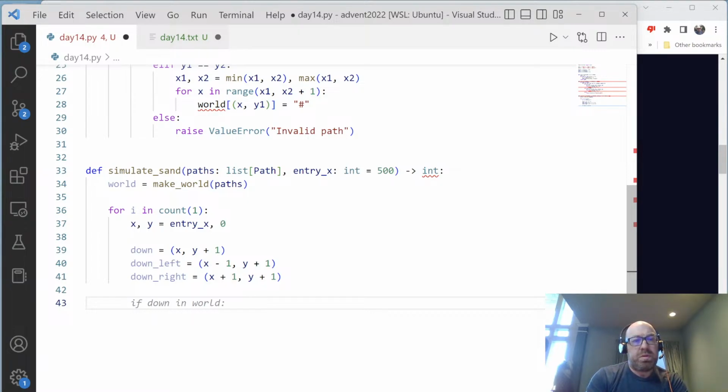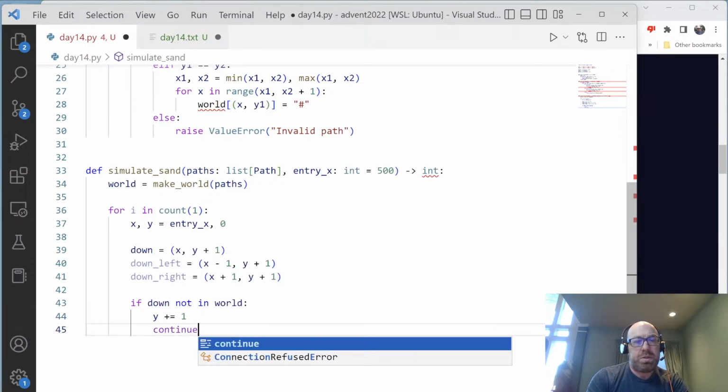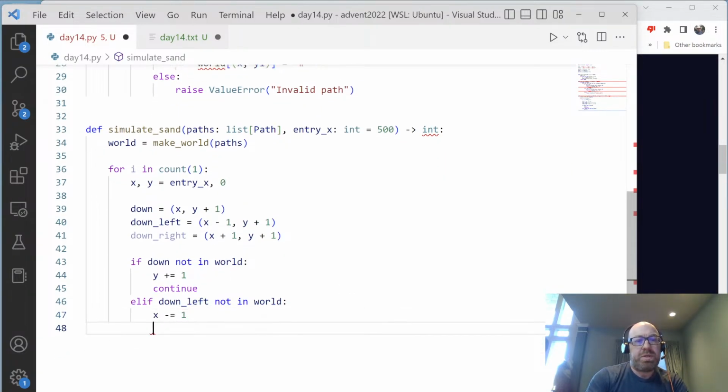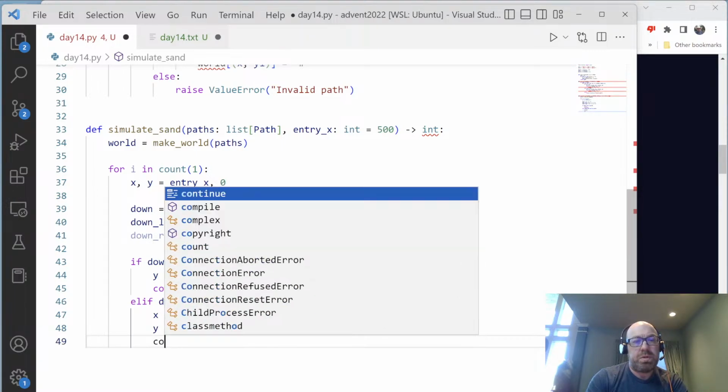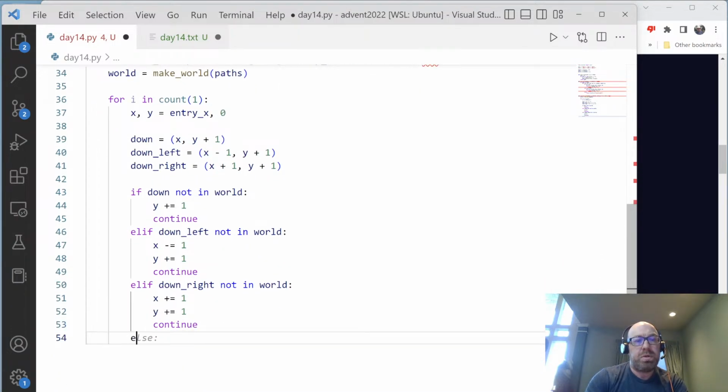So if down not in world, then y plus equals 1 and continue. Elif down left not in world, x minus equals 1, y plus equals 1, continue. Elif down right not in world, x plus equals 1, y plus 1, continue. Else, oh,